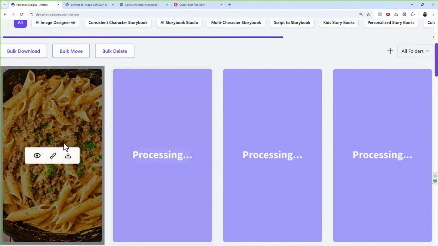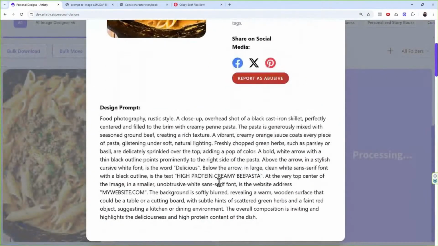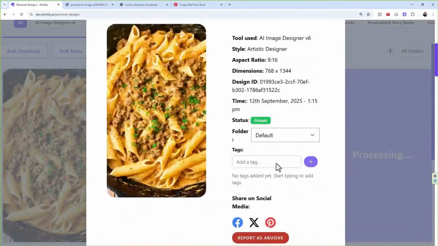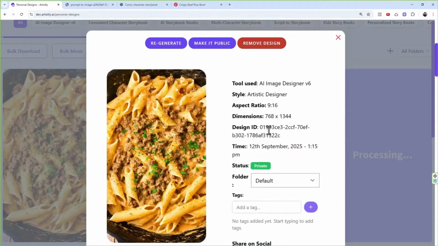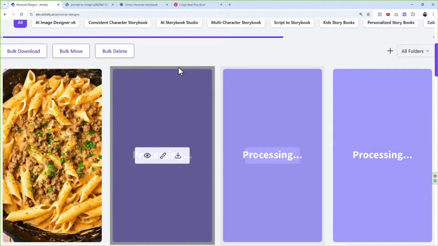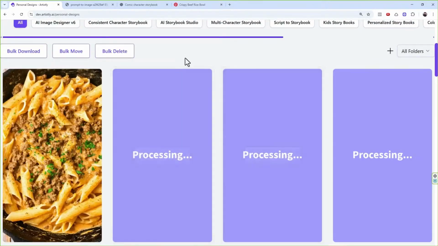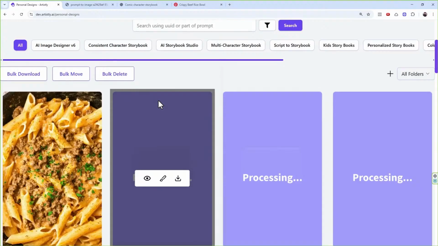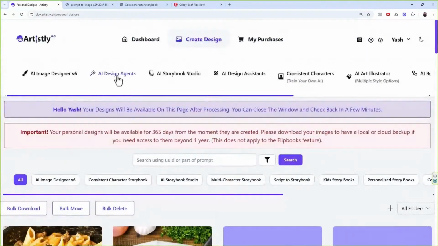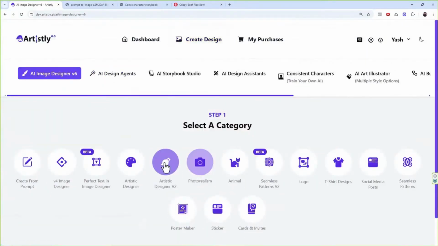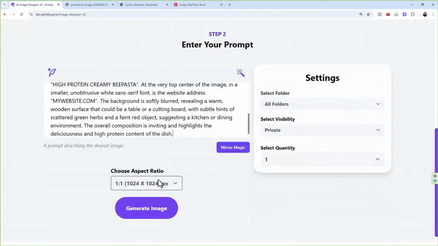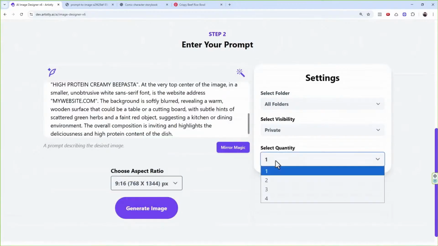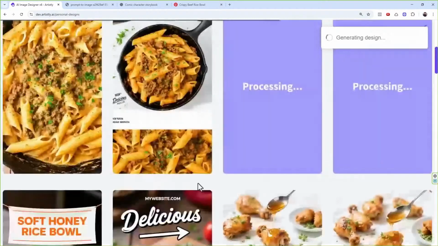That's the power, and you see this, right? With artistic designer V1, that's the limitation. It does not take the text properly. That's why we had this, right? The V2 that is artistic as well and takes the text part of it. This is version 1. Now let's do it with version 2. You're gonna see, right? So in Artistly itself, a lot of you have already kind of figured it out already.